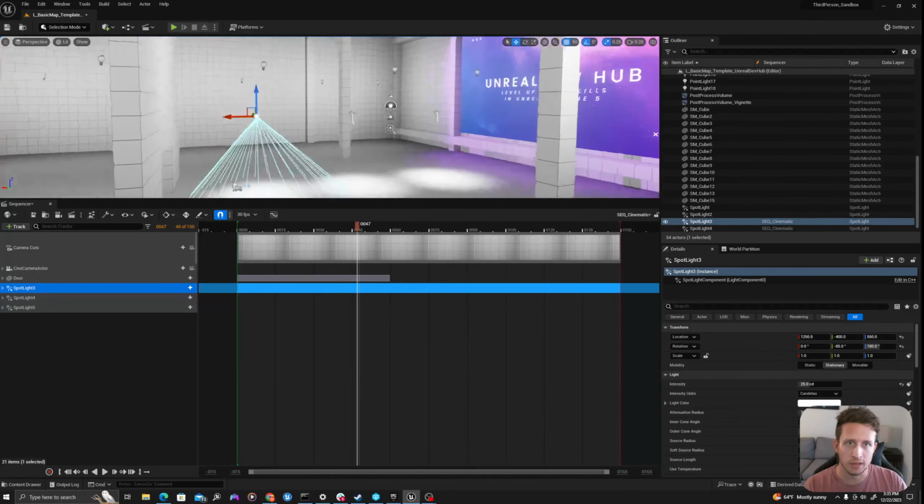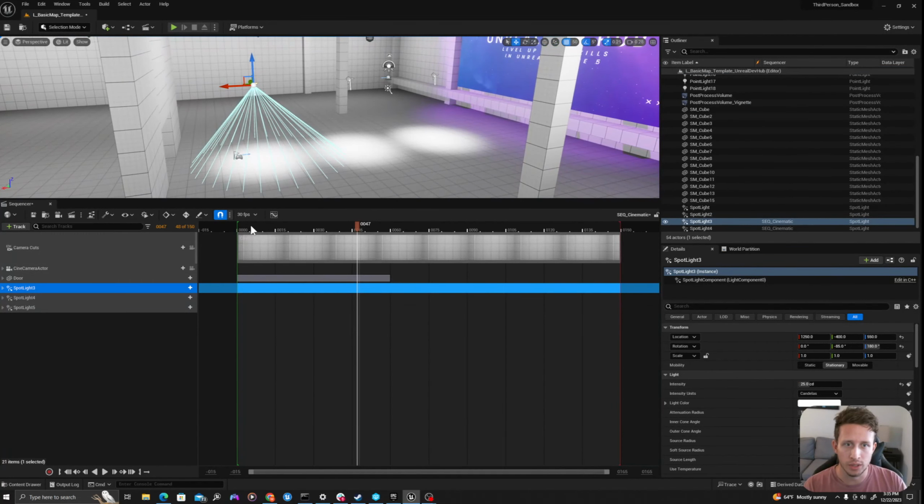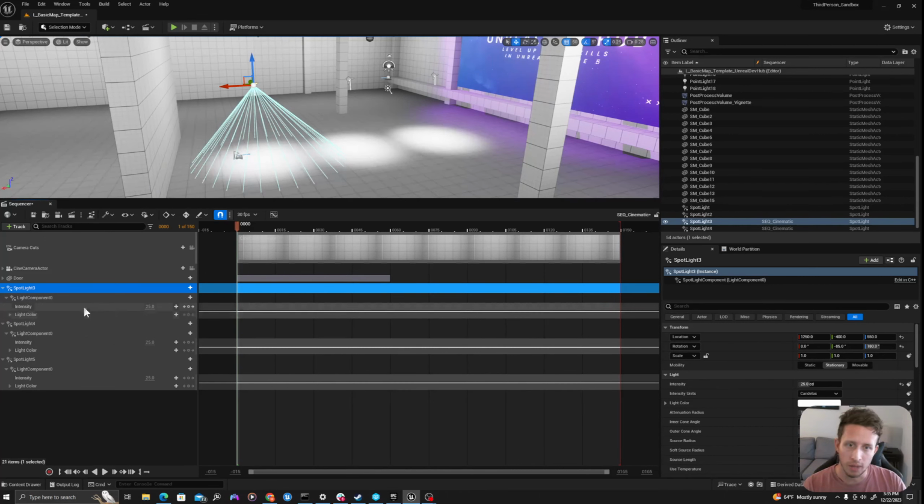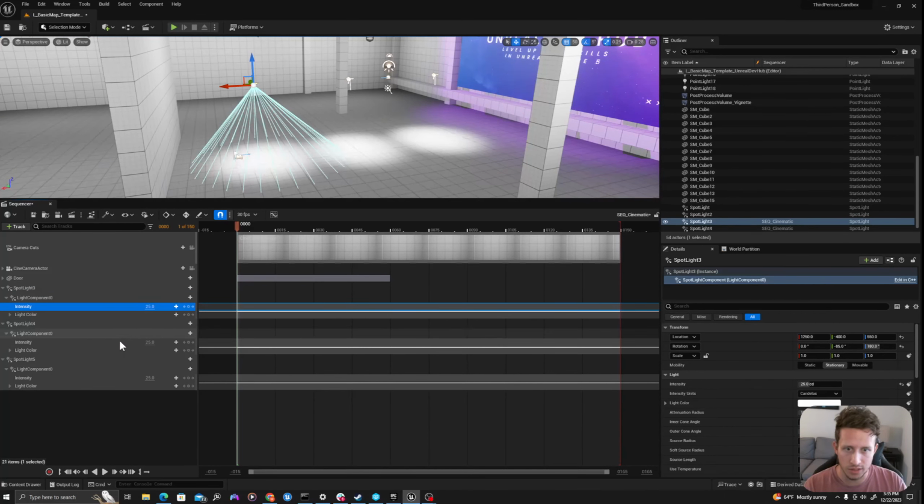For the lights, what we're going to do is key them all together. So if we drop these down and we go to our intensity, in the beginning, we want our intensity to be lower. So I'm going to set a key of, let's say 5 in the beginning and key that. 5 here and key that. 5 here and key that. Clicking the little white button here to key it.